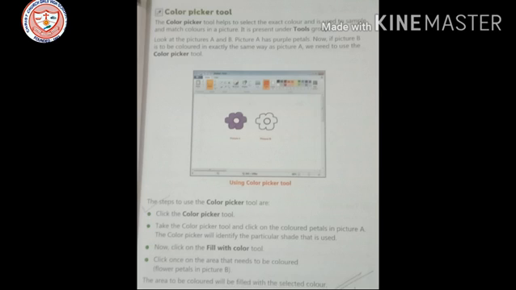The color picker tool will identify the particular shade that has been used. Now click on the fill with color tool. Click once on the area that needs to be colored, that is the flower